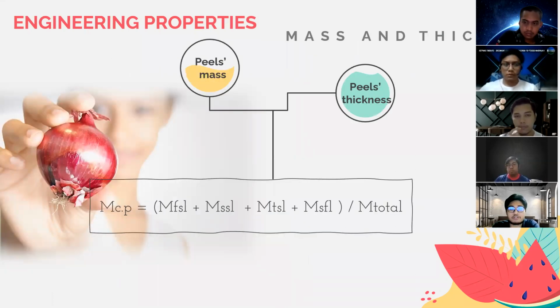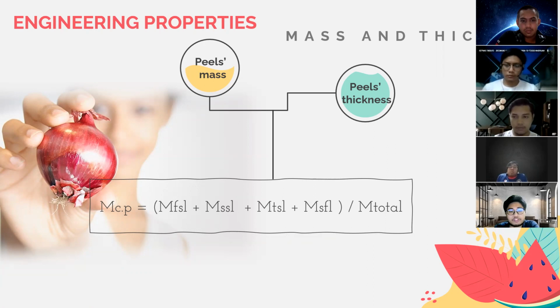The second one is the physical properties of onions. We have to determine its mass and thickness, of course. We have to determine the peel's mass, or the skin, and the peel's thickness, because we have to ascertain its features for the design of our rubber stick to peel the onions. So we have to know its mass and the thickness of the peel itself by using the formula below, which is the mass of the